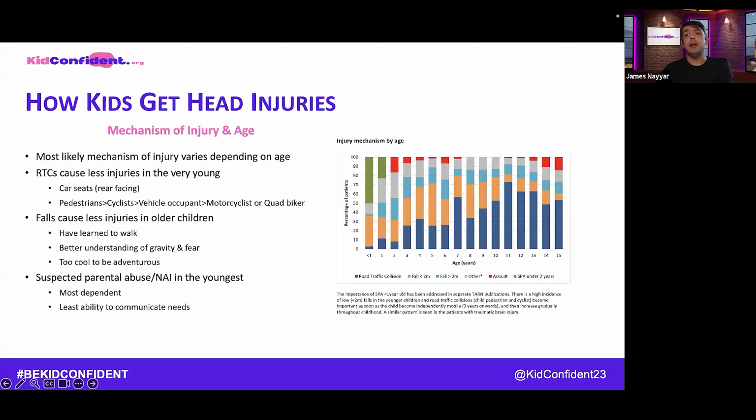And then with the road traffic collisions, we see a change there as well in age distribution, because car seats go from rear facing, which are much safer for head injuries, to forward facing, and then they become glorified cushions so that the seat belts fit a bit better, and then they move from the back to the front of the car, which is a hard dashboard instead of a softer seat. And then they start getting lifts with their mates or older siblings who have just learned to drive, and then their mates who have just learned to drive, and then they just learn to drive, and some even start riding quad bikes for recreation or even motorbikes, and that can happen from quite an early age as well.